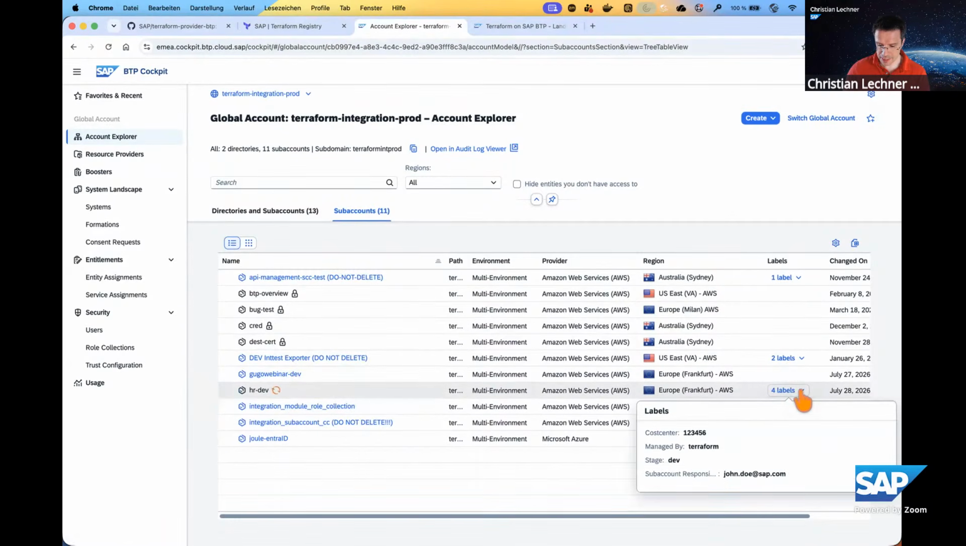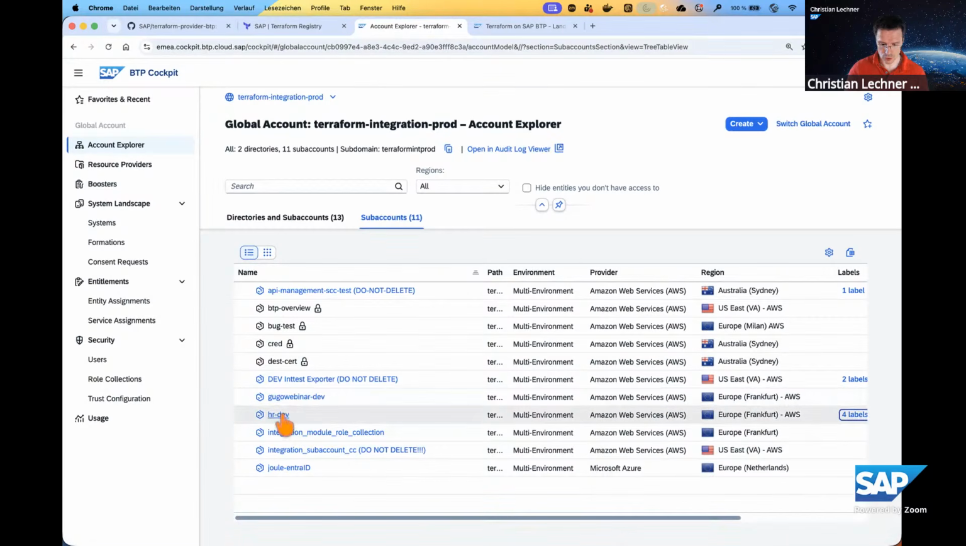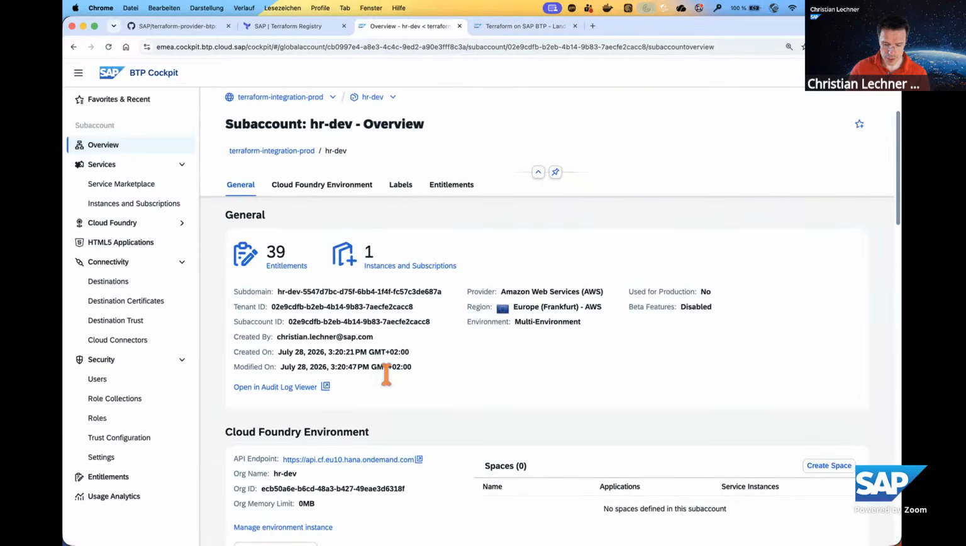It already has labels attached to it that we defined in our variables, which is the cost center. We say it's managed by Terraform so that it's obvious that it's not managed manually. It's the stage dev, which is also represented in the name of the sub account, and we have a sub account responsible there. That's already cool. Now we can dive into the sub account, and what we will see is that the Cloud